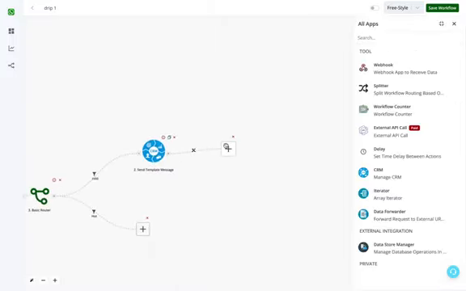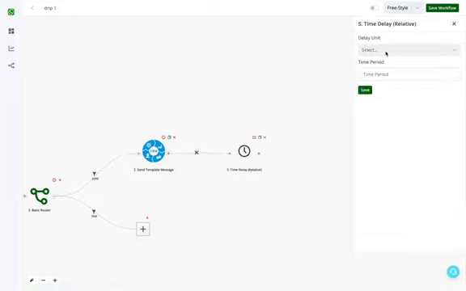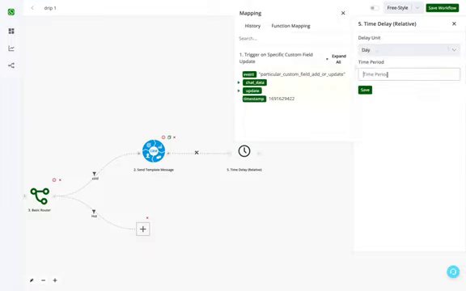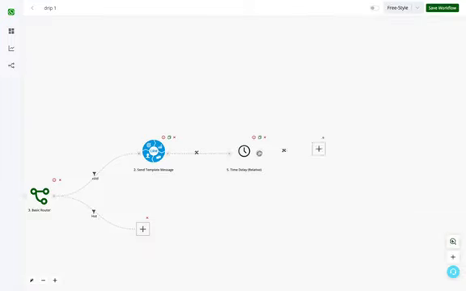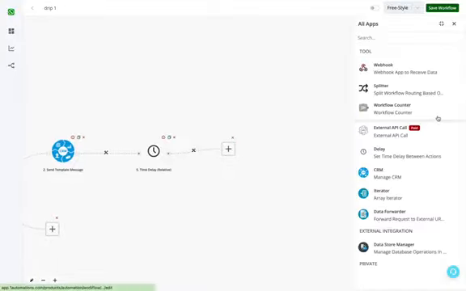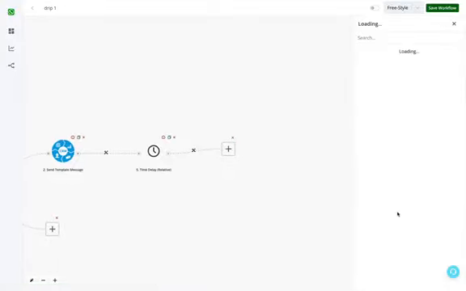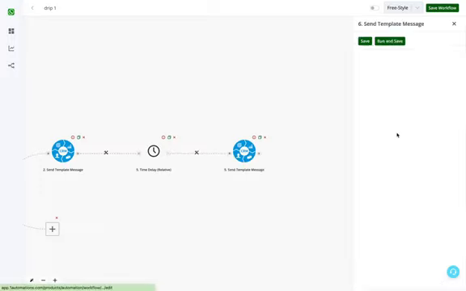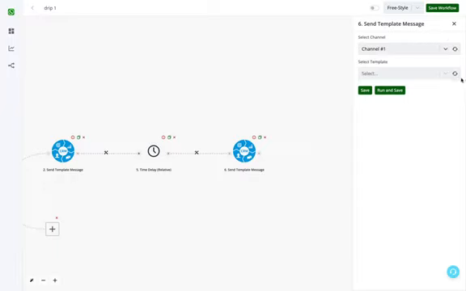The next step is I want to add a delay of 3 days. So I simply click on this icon and then I'll select the option of delay, time delay, days 3, and then I want to send another message. So again CRM, send template message. So I'll have to wait to refresh, or basically when the system fetches